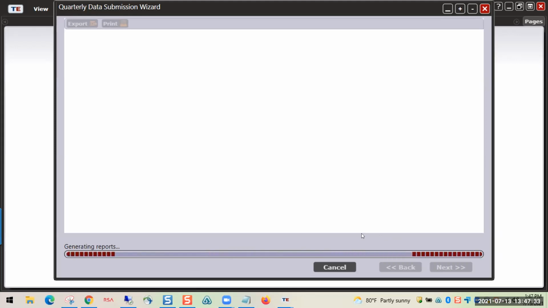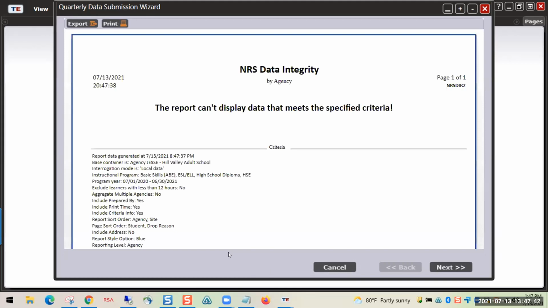It should. So this is going to take a few seconds to get this progress bar to completely run and render the reports. So this is what my data integrity looks like, which doesn't have any data, but yours will. You have the ability to export the report from this wizard, as well as to print it, and then click